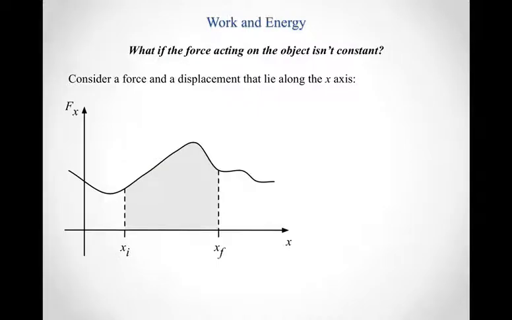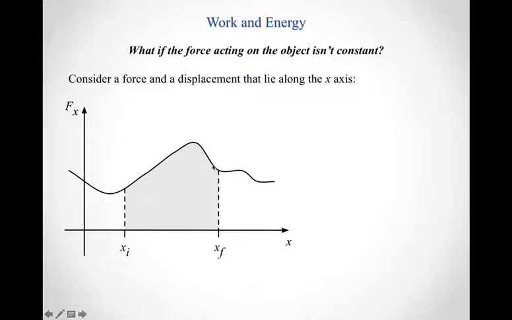Well, what if the force acting on our object isn't constant? Everything we've talked about up until now is for forces that are constant as my object moves through some displacement. So if we consider a force and a displacement that lie along the x-axis, let's start by thinking about a one-dimensional case. We have the x component of the force plotted on the x-axis, and the displacement in x plotted on y. If we're interested in figuring out the work done by the force as the object moved from this position to some final position, what we can do is say that it's not constant,